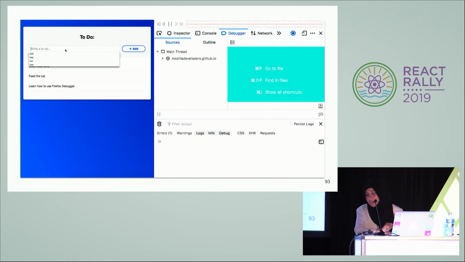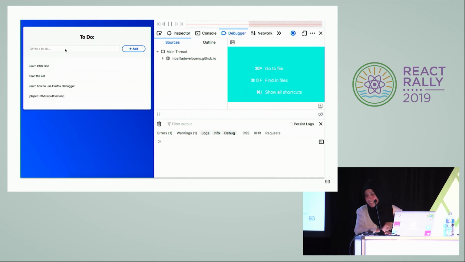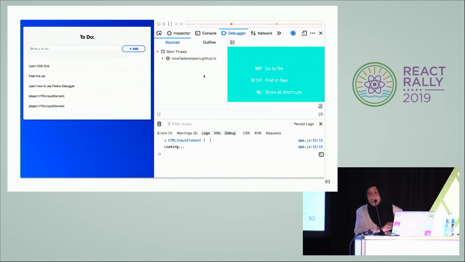So I have enabled Web Replay, and I try to add something onto my to-do list. Just notice how the red bar is moving with dots and how the output is getting logged. And I try to add in more things, and the dots just go over. These dots are what represent time, and you can click on this and exactly go back over time or go forward with time.